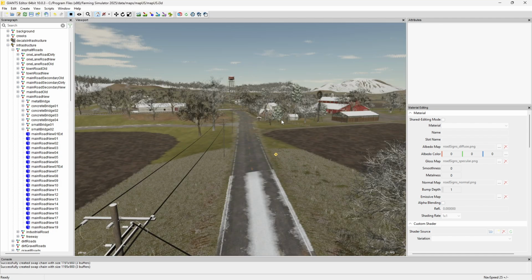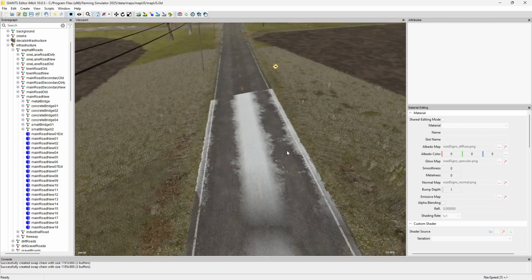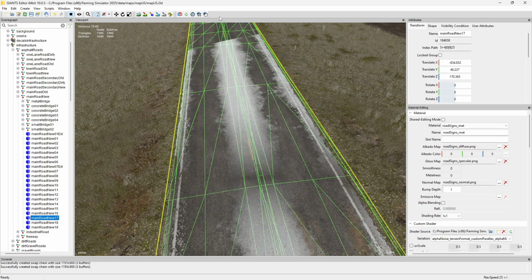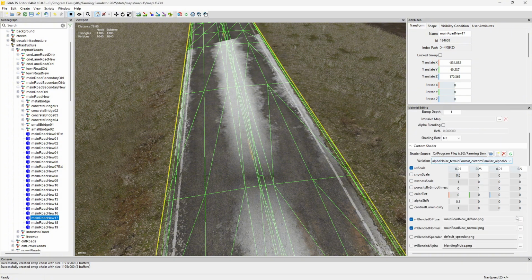Yeah. Okay, now that we've spent like 20 minutes talking about how Giants does things, let's get started on how we want to do things. Now I'm going to leave this open because I want to be able to come back here and reference anything we might need out of here. Like where the location of the different textures are, because I think, which one am I in? The road signs? I think that